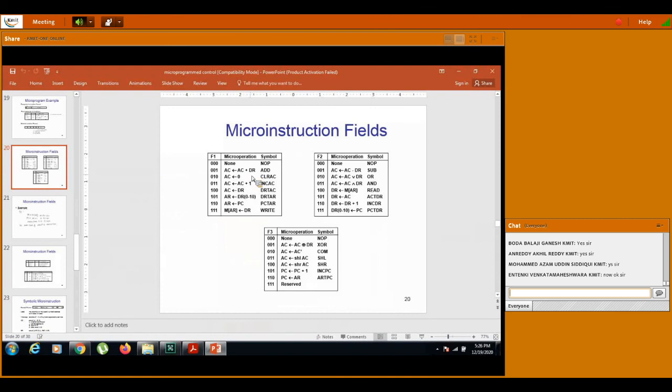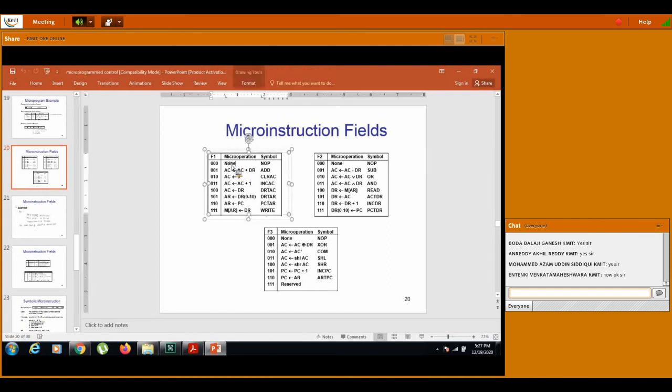See here, the micro instruction. Please go to the particular table which is given here. You are taking your data and it is going to the address. You start at 000. Now in the next instruction, you go to the accumulator, that is the sequencer, and you add the data present in the data register. Now the accumulator is incremented because you must go to the next instruction.